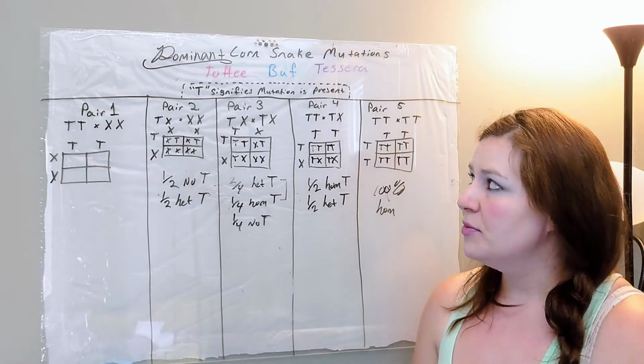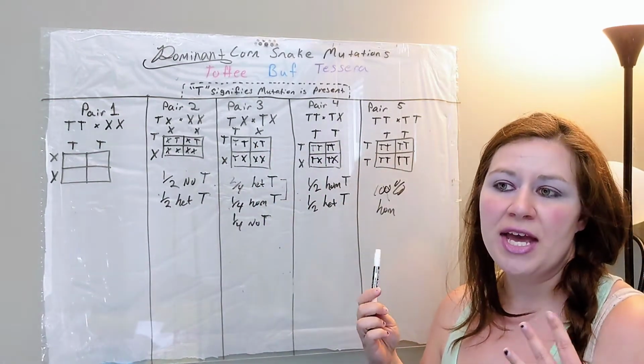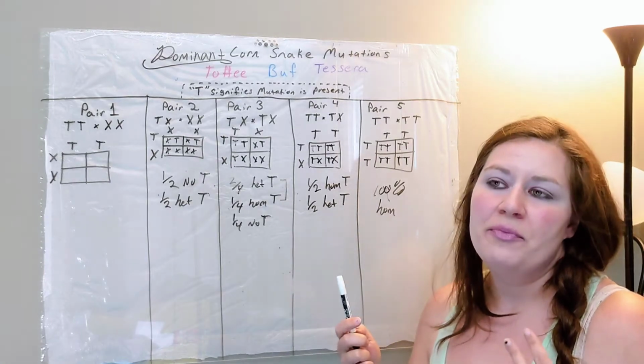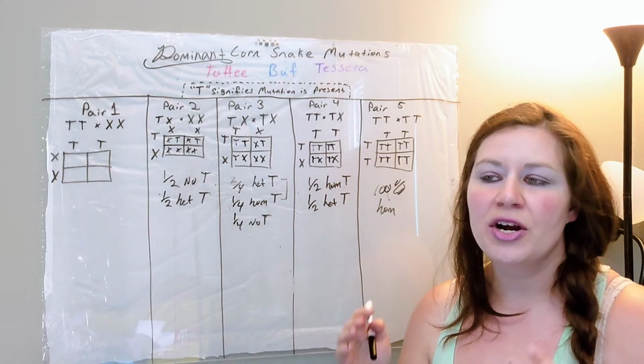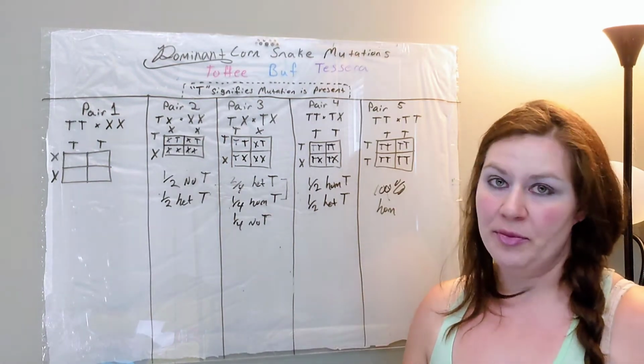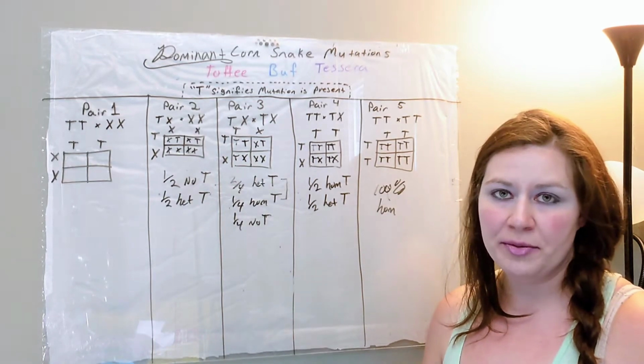The dominant mutations that we're going to go over today are toffee, buff, and tessera. For those who may be unfamiliar, toffee, buff, and tessera are the only known corn snake mutations that are known to be dominant. Now, there is another mutation known as mask that a lot of people have probably heard of